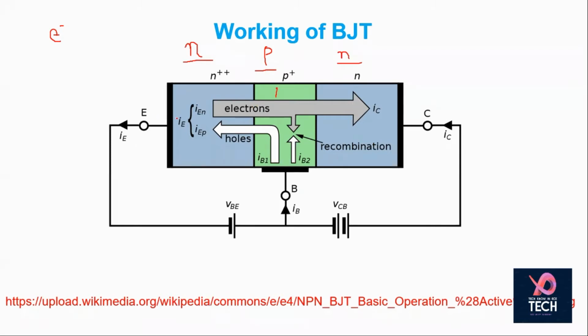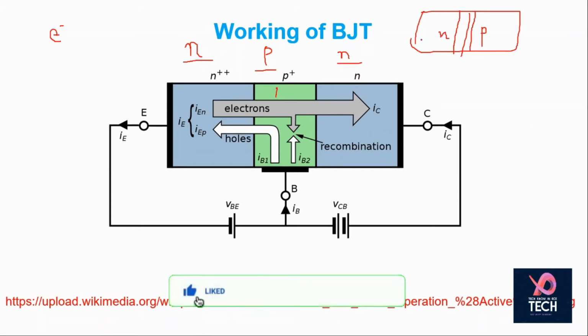This negative terminal is pushing electrons into the base. Electrons do not want to go there, but they are being pushed. Why do electrons not want to go there? Because when there is a p-n junction like this, a barrier is created and no further movement of electrons or holes is possible. To make it possible, we have to provide some external force, in the form of an electric field. When we apply the electric field in this form, electrons are pushed into the base region.